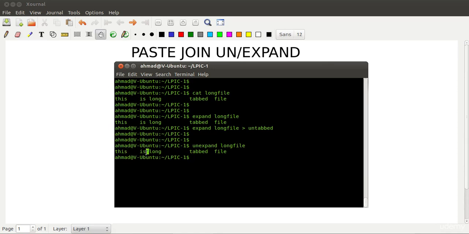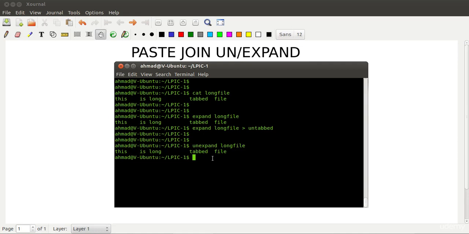This was already one space, so we cannot really judge whether it has been converted or not. But if I come over here, we see that this has also been converted to tab space, and similarly this one has also been converted to tab space. Sometimes in earlier versions of unexpand, only the first space, which is over here, was converted to tab, and other spaces were left as spaces. So in that case, we needed to use the switch -a, or the flag -a, to convert all the spaces